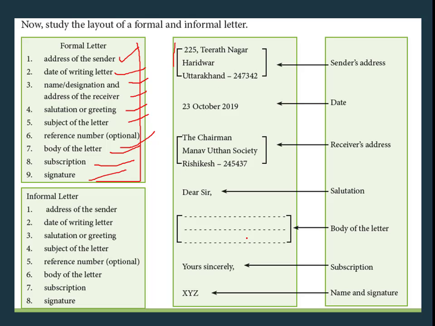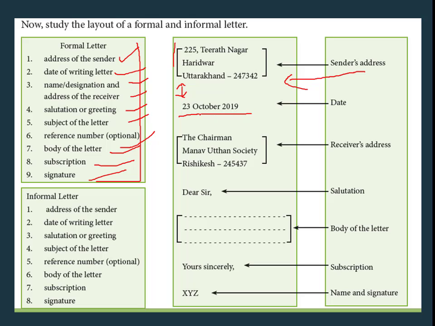And here we can see the layout. First, on the top left hand corner of the letter, you are going to write the sender's address. Okay, 225 Tiratnagar, Haridwar, Uttarakhand, etc. So this is here. One line space is given. So always after writing the sender's address, you have to give one line space, and then you are going to write